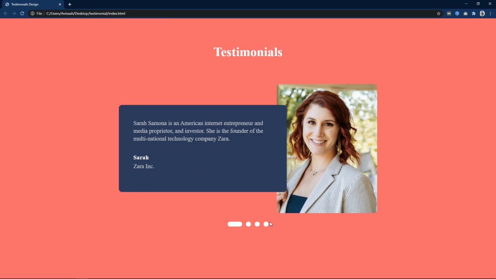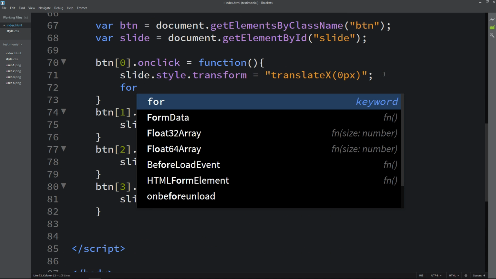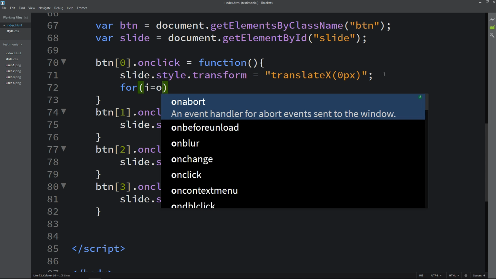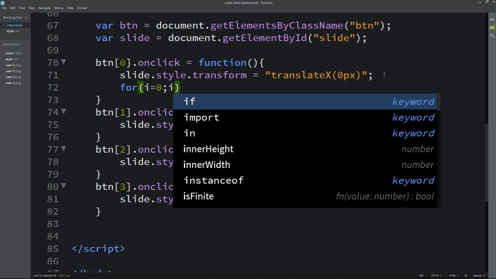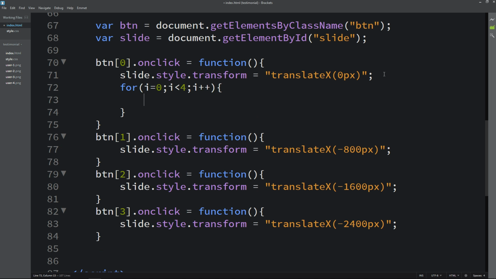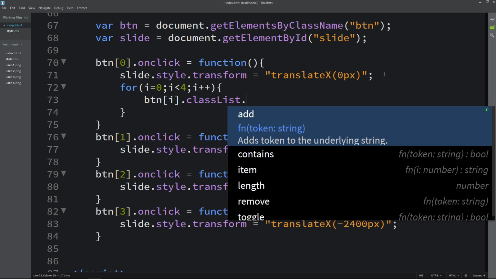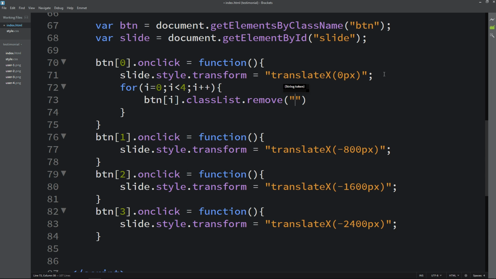Next, we have to change the size of the active indicator. So just come back, and here we will create one for loop, i equals 0, i less than 4, i plus plus. Let's add btn[i].classList.remove. So it will remove the class name which is active.